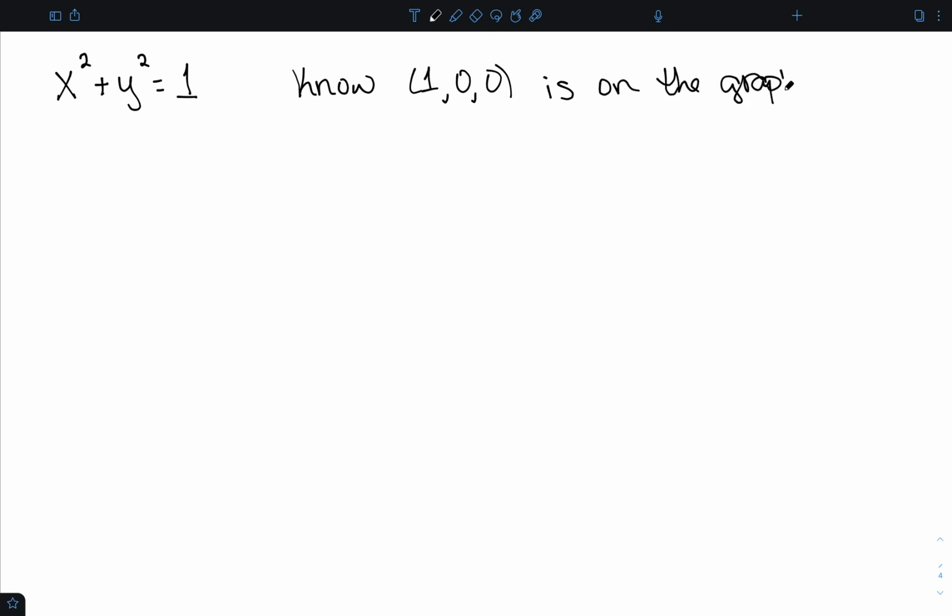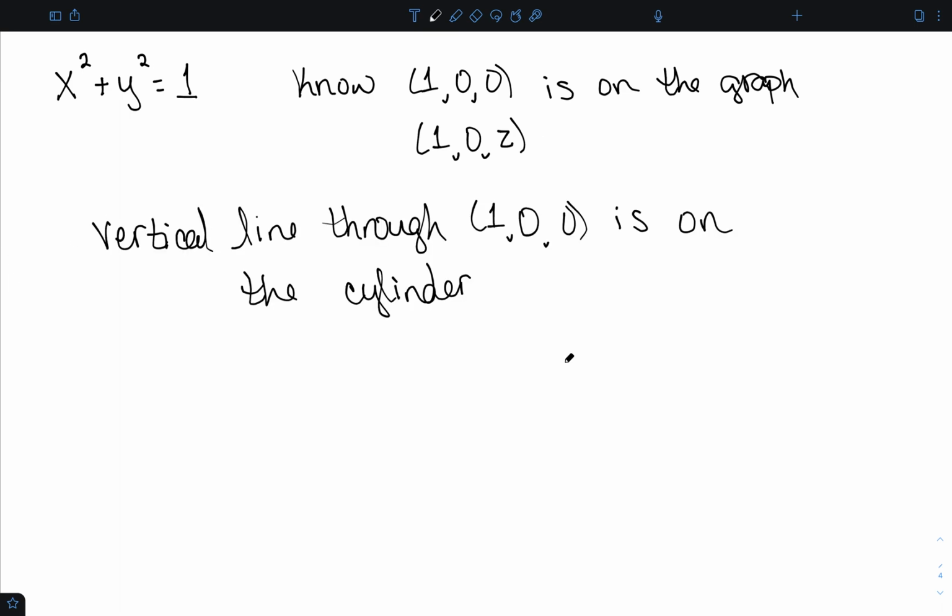But we can also say that so is the point 1, 0, z, where z is any number. So that tells me that the entire vertical line through the point 1, 0, 0 will be on